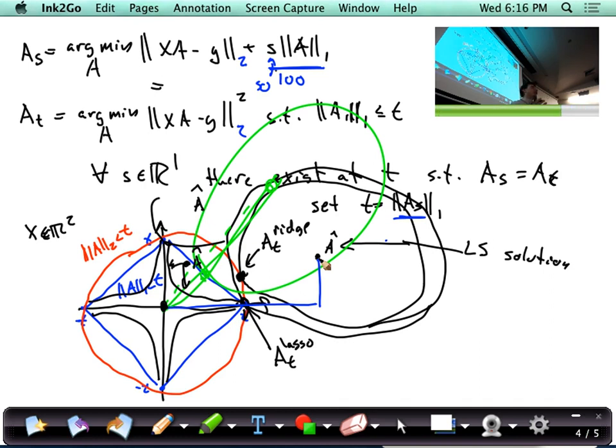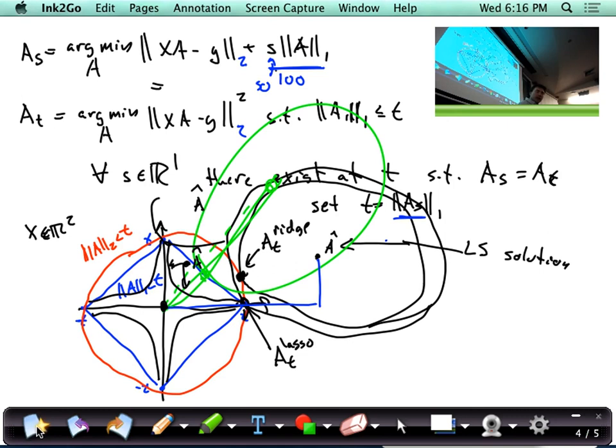I have no zeros unless the optimal solution happened to lie in some spots where the coordinate was 0. So as I made it large enough, it's going to have all the coordinates. If I make t really small, it's going to have no coordinates. And as I make t a little bit bigger than 0, it's going to have exactly 1 coordinate. So we're making the ball bigger in every direction. Right? Correct. So why wouldn't points in other coordinate